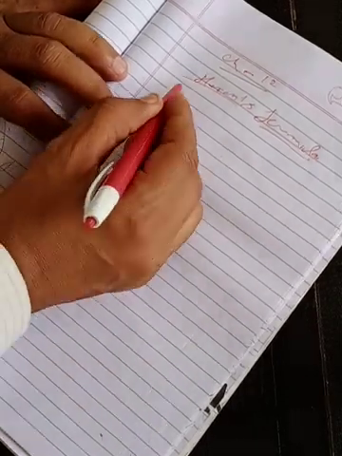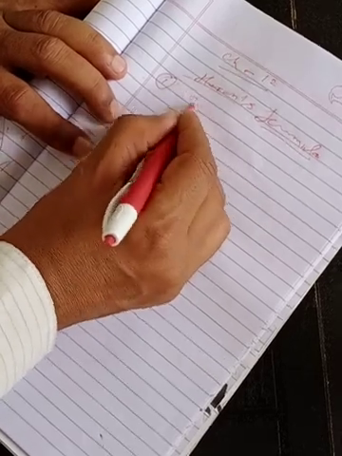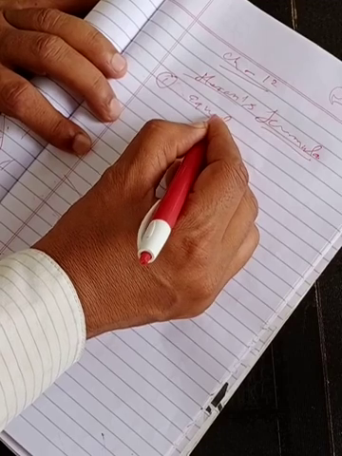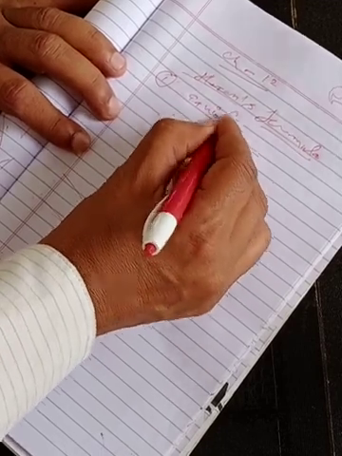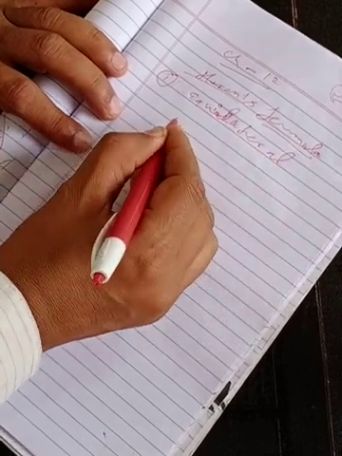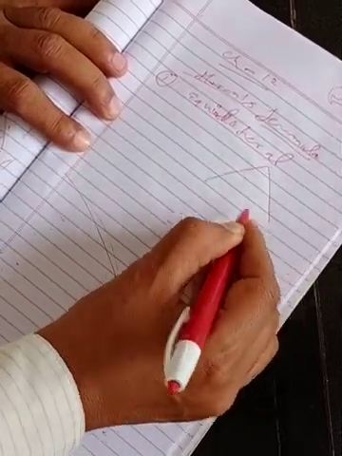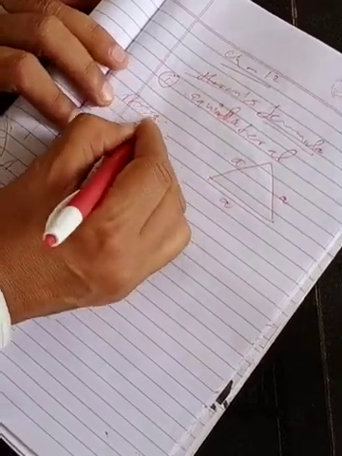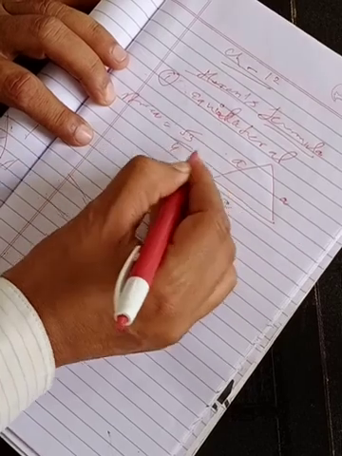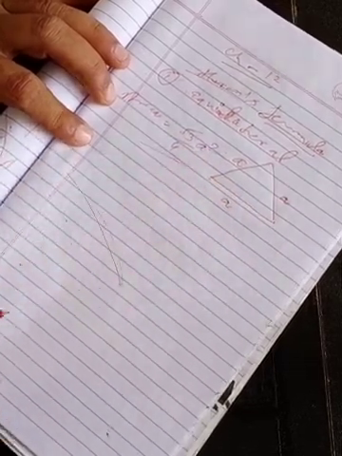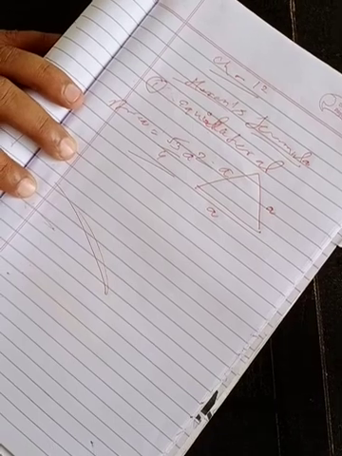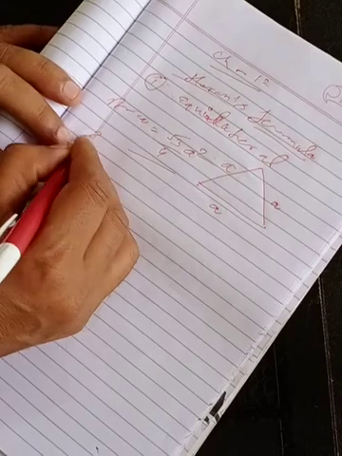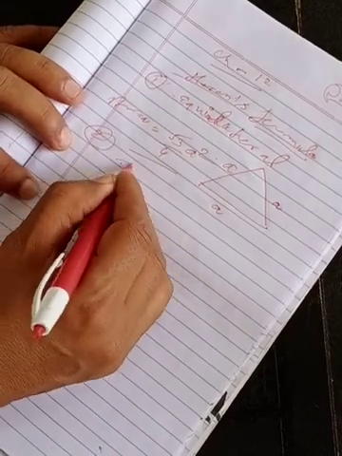There are three types of triangle, which I already told you. One is the equilateral triangle. The triangle whose sides are all equal is called an equilateral triangle. If you want to find its area, you can use the formula root 3/4 a square. You can use Heron's formula too, but basically we use this formula for finding the area of an equilateral triangle. The next type of triangle is isosceles.